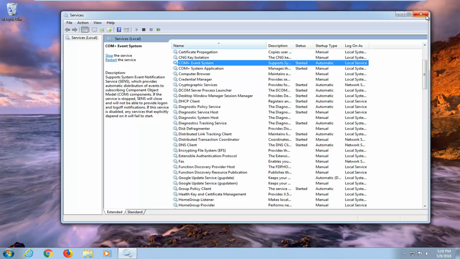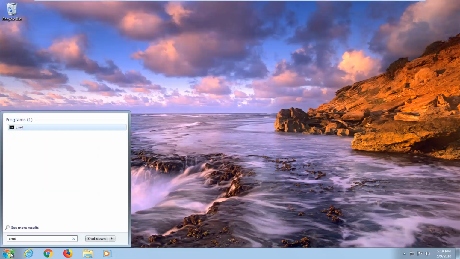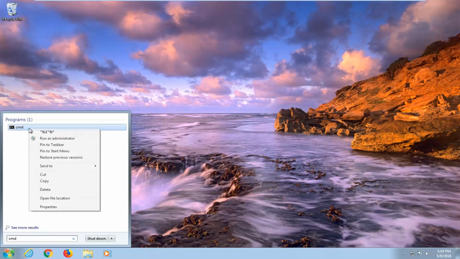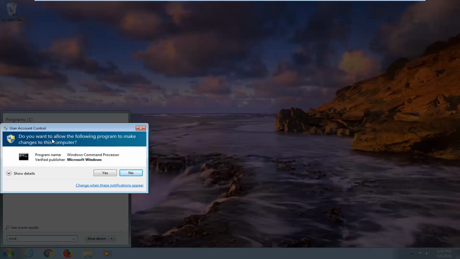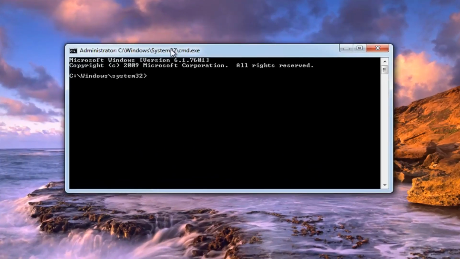So if you're still having an issue, I would recommend then opening up the Start menu, type CMD, open up the best match by right clicking on CMD here, and then left click on Run as Administrator. If you receive a User Account Control window, left click on Yes, and into the elevated command line you want to type in